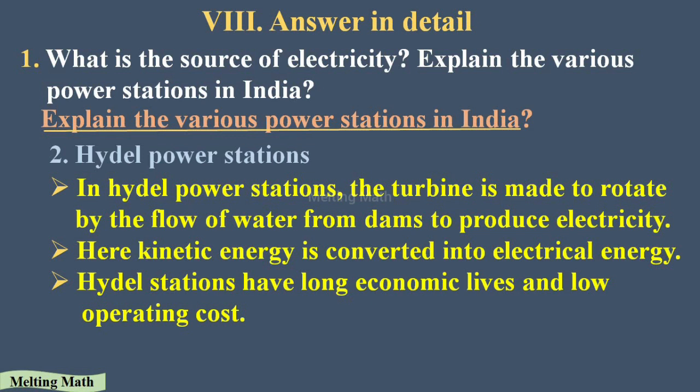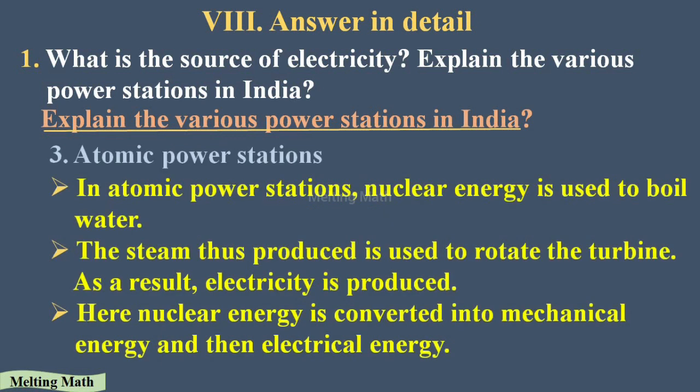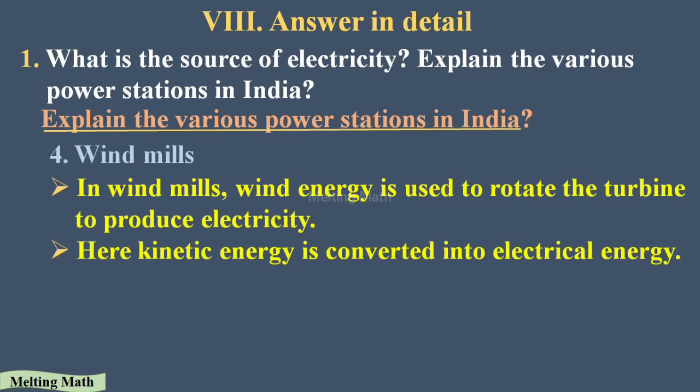Here we are converting the kinetic energy into the electrical energy. So in the atomic power station we are getting the electricity from the atom, that is a uranium atom. By breaking up those atoms, they produce energy that makes the water boil. So like that, so many things are there. If you want more definition, please watch the previous video. And windmills, in windmills we are getting the electricity from air only. Okay, so that's it. Let's see the second one.